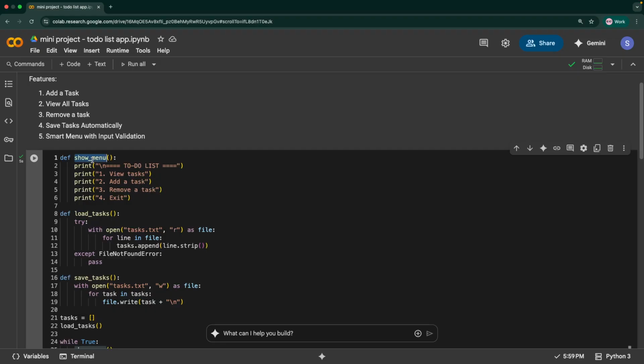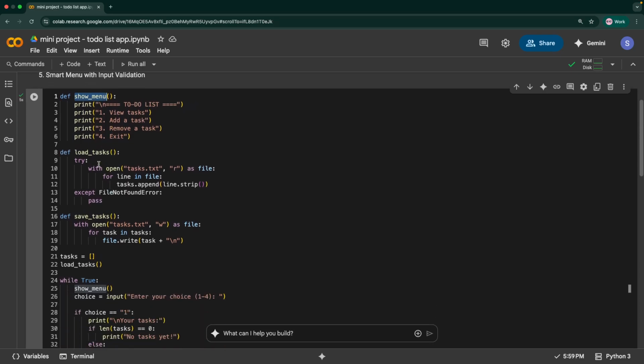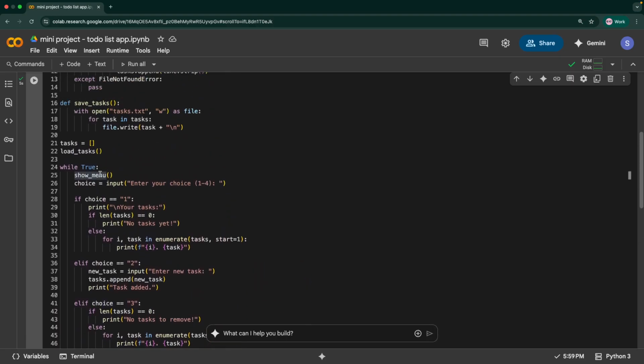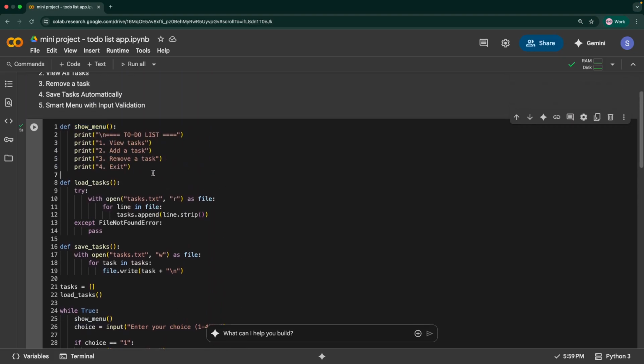The reason we have this as a function is that we have to keep showing this menu repeatedly. So instead of writing the print statements again and again, we have created a function, and we repeatedly show the menu in a loop, so that whenever they perform a task, this menu shows up again. We are using this function within the while loop that we have. Okay, so the first part is all about creating this show_menu function that gives a list of the different options that we have in our application.